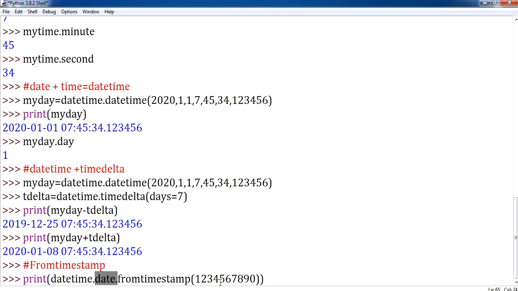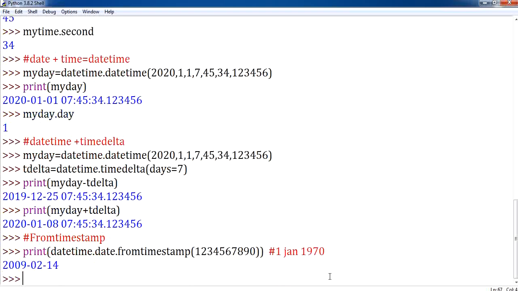What happens here is this information will be added along with your UTC time. UTC time in the sense it starts with 1st January 1970. So this information will be added to it and display what the date will be if you are adding this to the UTC starting date. Clear? By using timestamp, I can display the time in a readable format with the help of this UTC date and time. Clear?